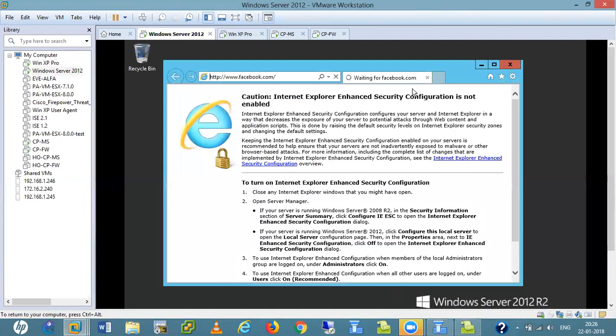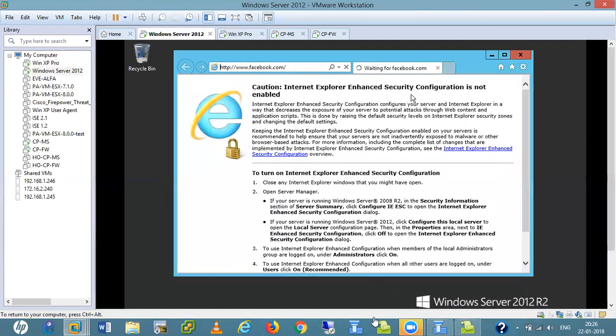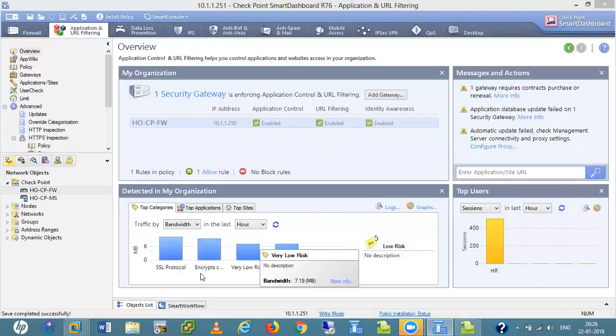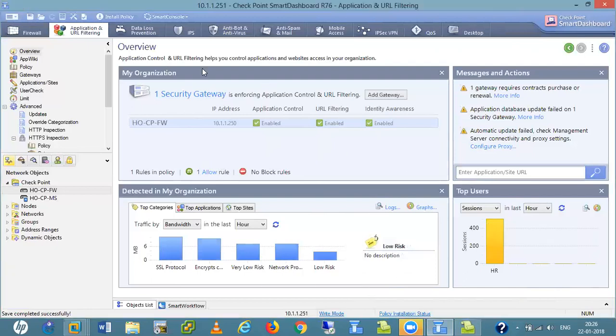Waiting for facebook.com. I'm not sure it will work or not, but I'm just telling. See, these are all the steps. So in the overview we get only this: gateway information, detected top users, and actions here.